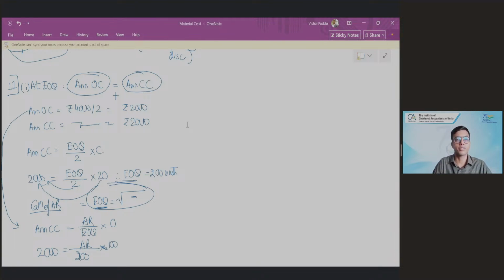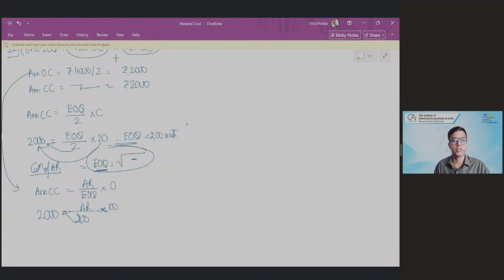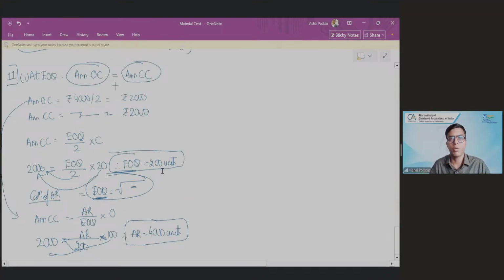Now again, when I solve, this will be multiplied by, this will be divided by. I get AR, which in this question is coming as 4000 units. So in this, I find out both the figures. Now I move on to the second question where they are asking, you are given a discount option, should you select? My format will be the same: order size, annual purchase cost, annual ordering cost, annual carrying cost, and